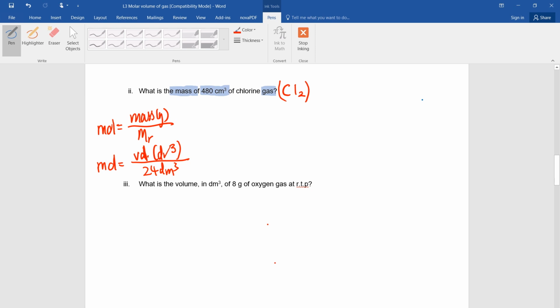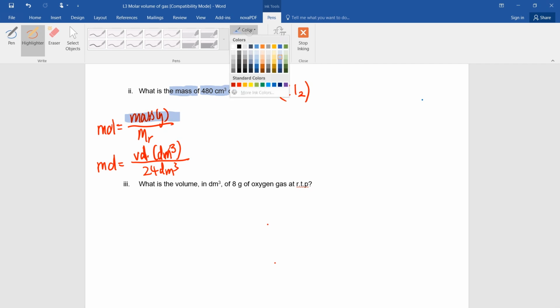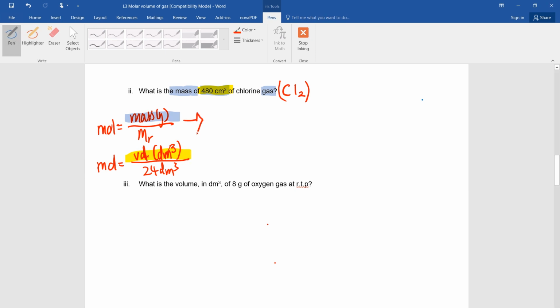Right, these are the 2 things I learned today. Now, if you look at these 2 formulas, I actually want you to find the mass of the substance, right? But I also give you the volume of the substance instead. Now, how do we find out what's the mass of the substance? If you think about it for a second, to find out the mass, right,